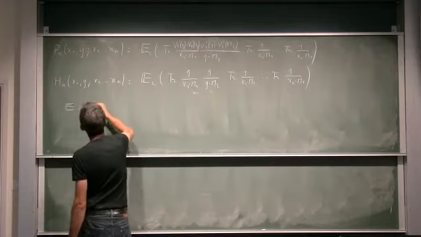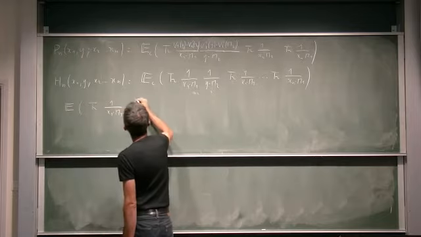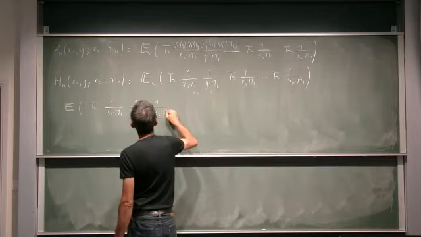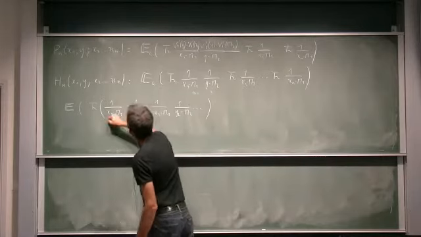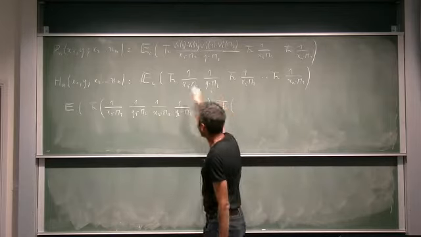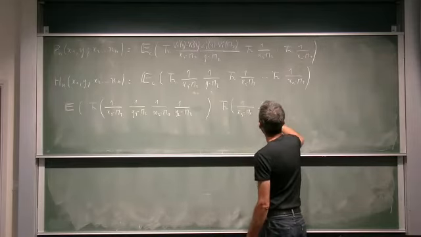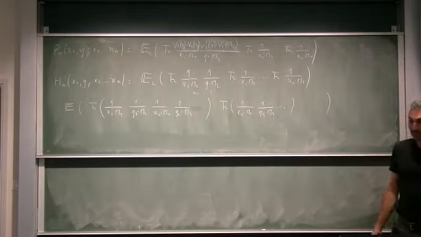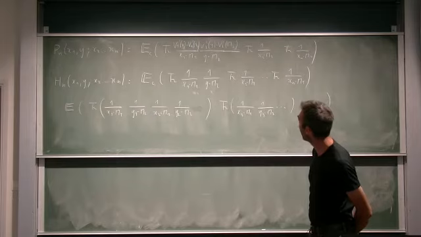So typically, what we would like to compute now is something like E. Let me not put the trace of 1 over x1 minus m1, 1 over y1 minus m2, 1 over x2 minus m1, 1 over y2 minus m2, and so on. We take a certain number of them, then we take another trace. Okay, let's say we have 4 terms here. Let's say x3 minus m1, 1 over y3 minus m2, and so on, as many as you like. And so this is typically the full, the most general mixed expectation value that you may want to compute.